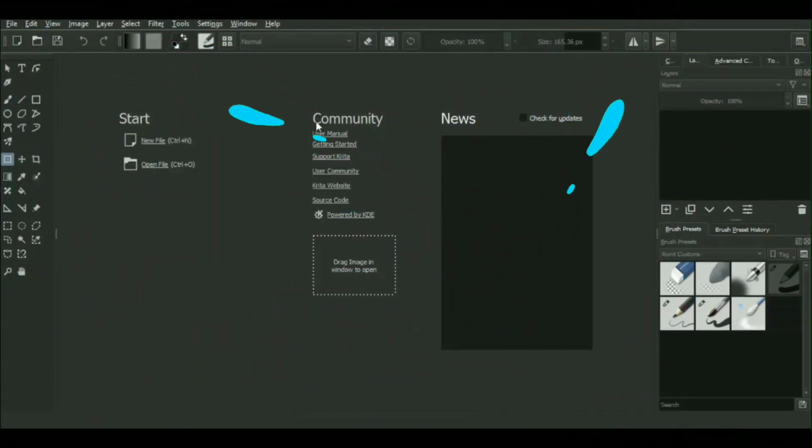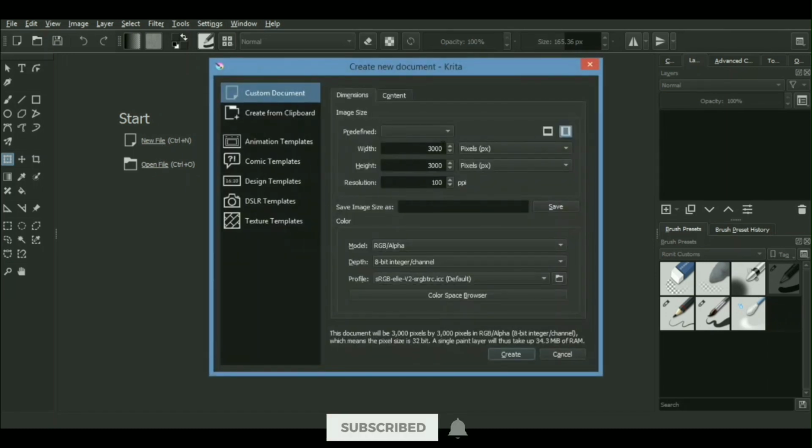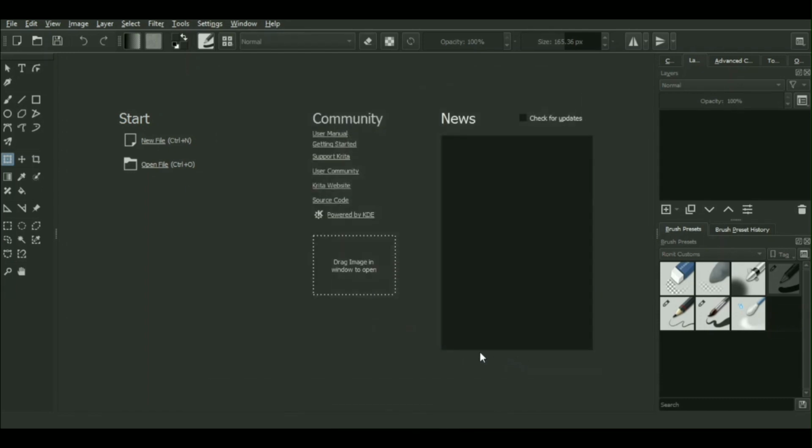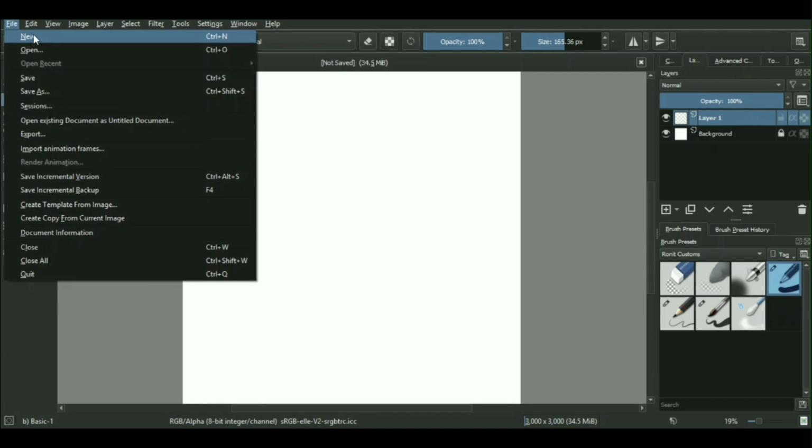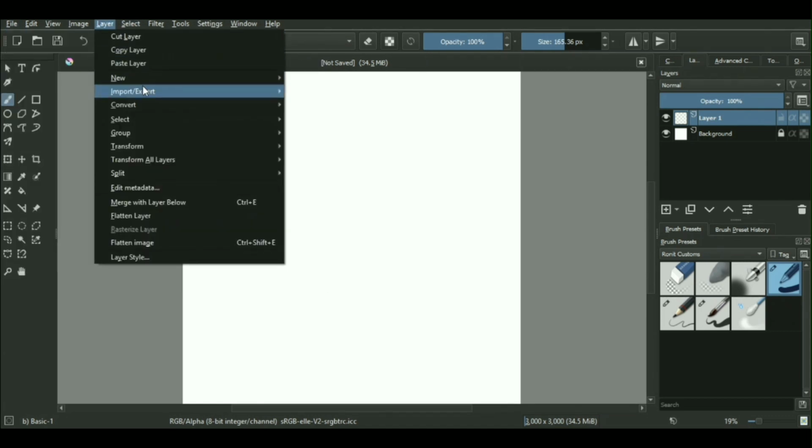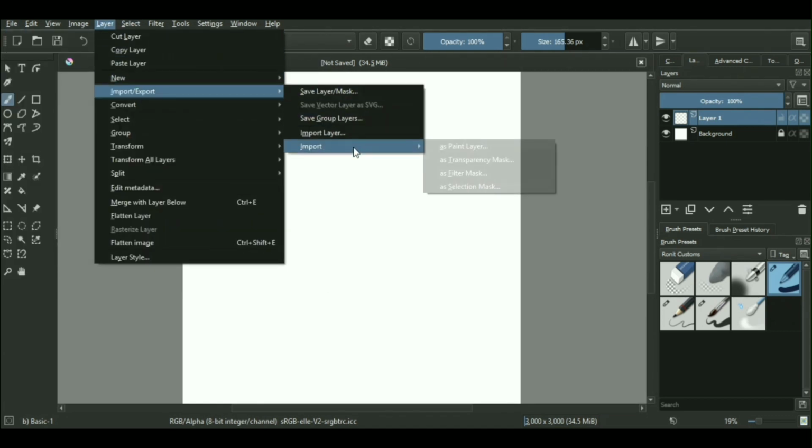So in order to start off with your skin, you'll need to create a new canvas. And I'm using a 3000 pixel canvas. Basically anything under 1000 pixels is barely acceptable. What are you trying to create? Pixel art? As our new canvas opens up, for creating the new skin design, basically you will need to import the base character for your skin.